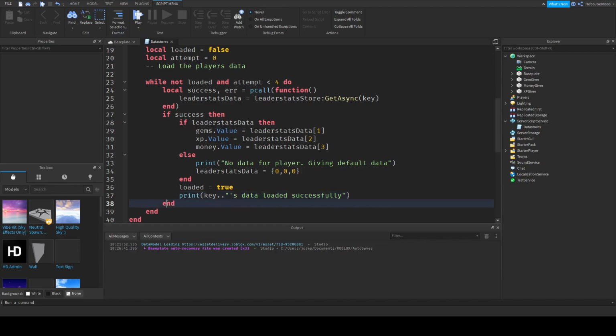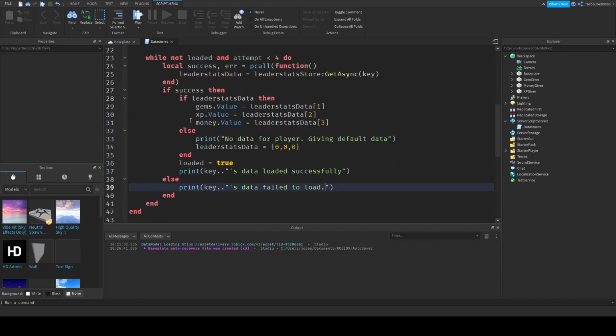And then if this isn't a success, therefore it's an error, we can say print key's data failed to load, and then we can print out the error message. So we can say error, and then we can concatenate this, I guess, with the error that happened. Yeah, so now that we have that all in order, we can make the save function, and once we make